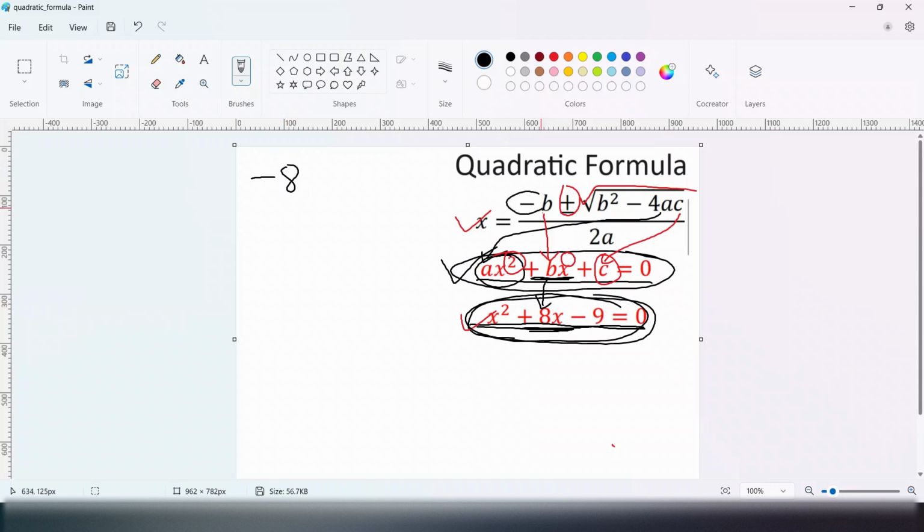As we have a minus here in the formula, you have to put the minus. After that you have the plus minus sign, then you have the root, right? Then you have b square, so you already know the value of b, that is 8, so you write 8 square minus, now you have 4,